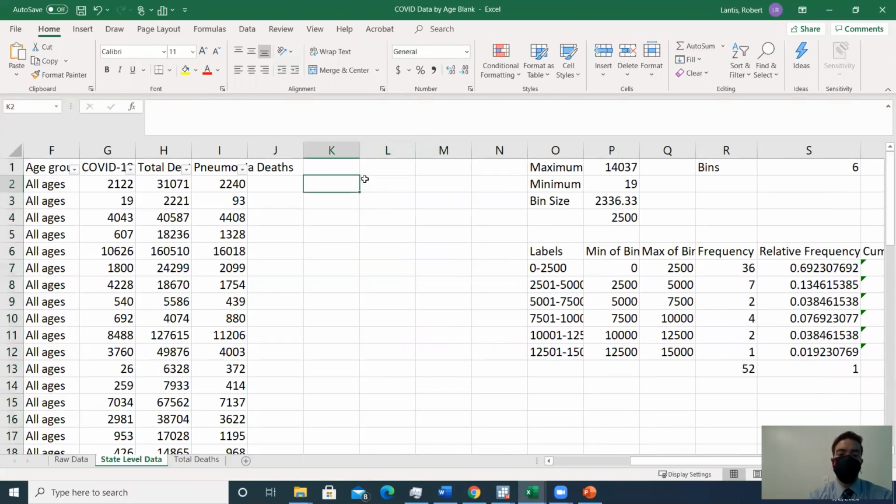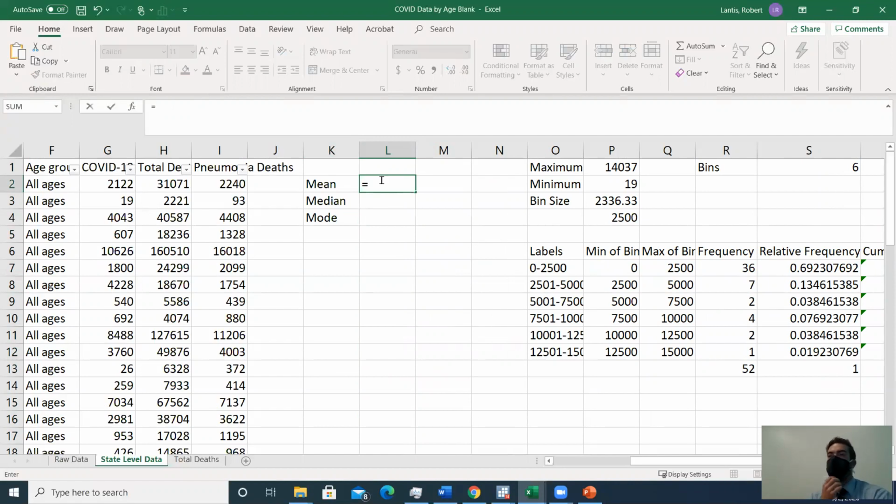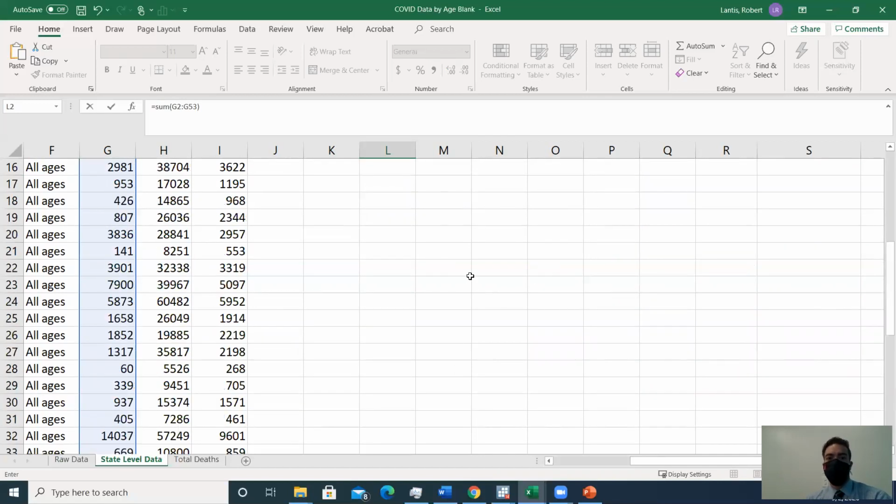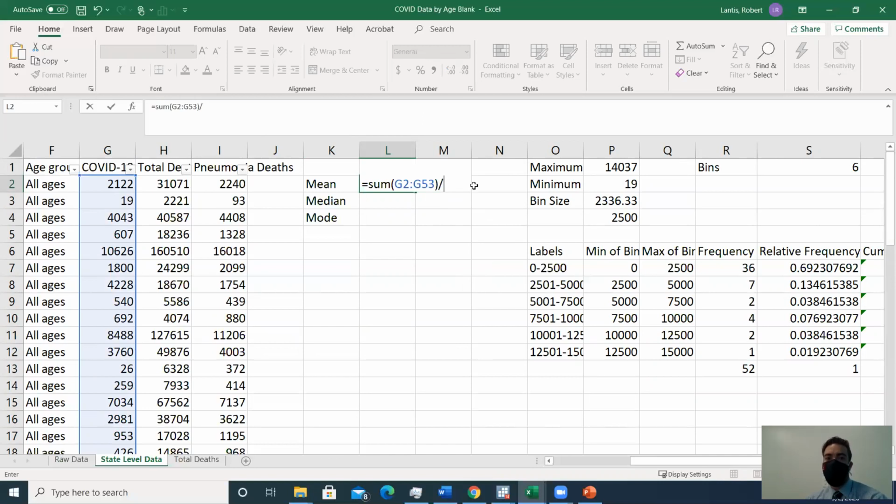So let's say we want to find the mean, median, and the mode, right? So I had these state level COVID deaths. I want to find what's the average number of deaths across these states. Well, we're not going to have to do this by hand. You can envision, I could add up all those values, right? And then divide by the total number of observations, which I conveniently have laying in this cell down here. But I could also have found that by using that count function and then just selecting the variable as well.